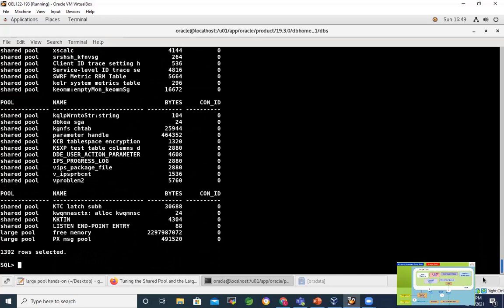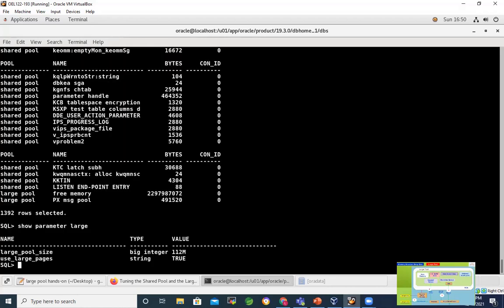What is the current value now? Now it has more because I have allocated the large pool. I set the size for the large pool to 112 MB, so that's why we have more free memory on the large pool.